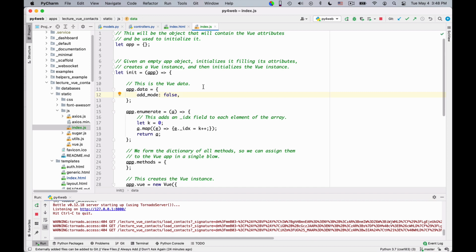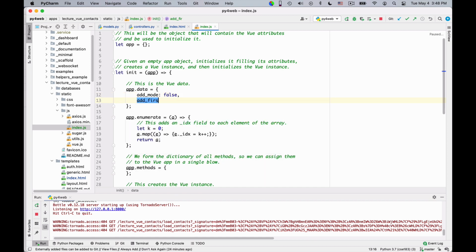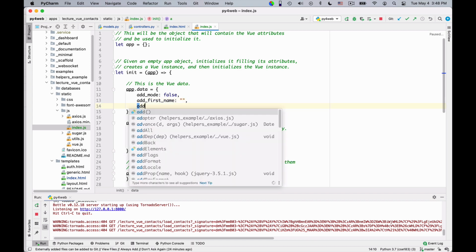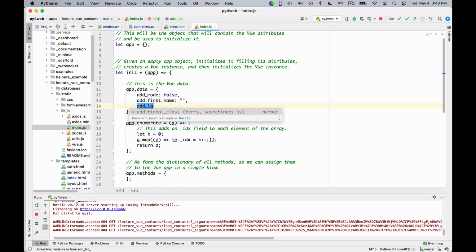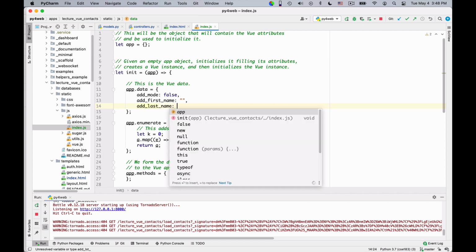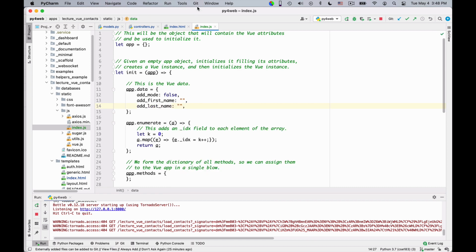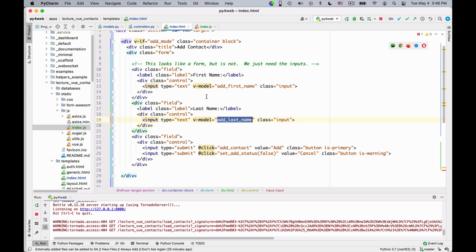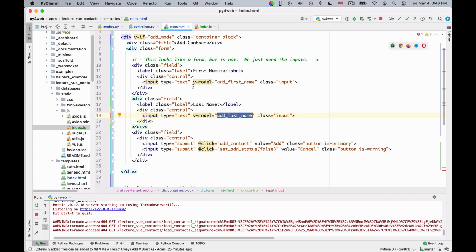So let me define them. Add first name, empty initially, add last name, also initially empty. Okay, let's go back here. And then I have two